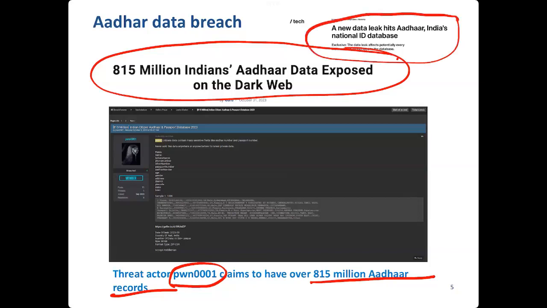Now, it's a problem. This is not the first time. This is the second or third time possibly that the Aadhaar database is leaked. Earlier COVID data was leaked. COVID data means the people who registered for COVID tests or vaccine, all the records of those people were leaked. So now this data is leaked. So now surely your data and my data, everyone's data, is available on the dark web.